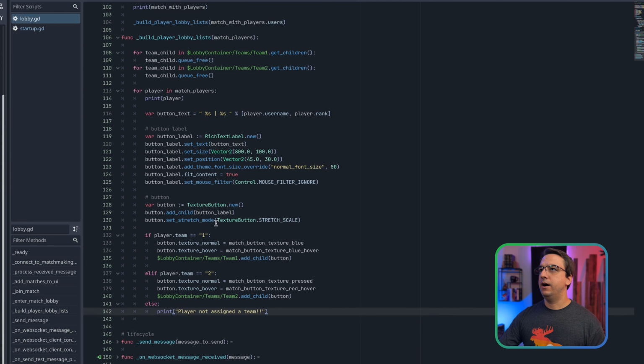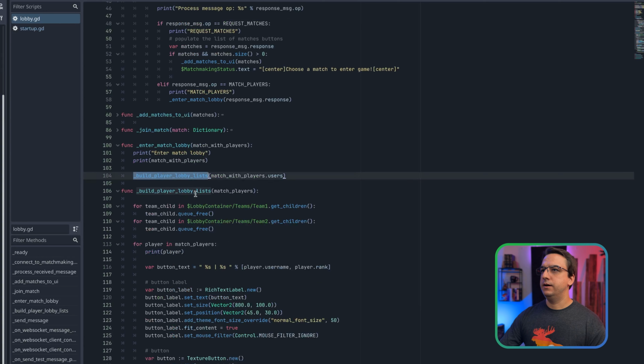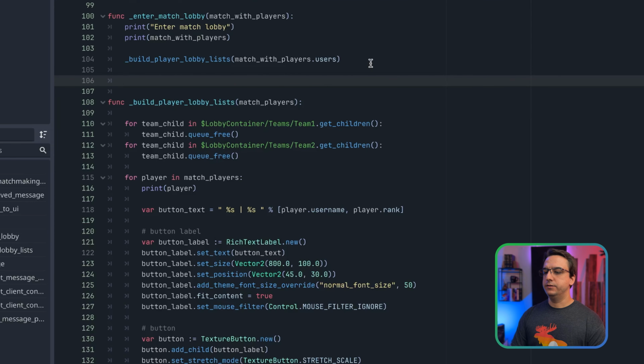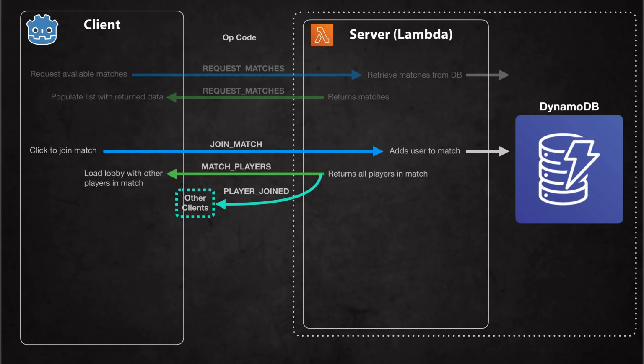Okay, so we've got our lobby built out, a list with all the players in the team for each team. And what we're going to do here is send a message back to the server because we just joined a lobby, right? So we made that request to join a lobby. Because we just got all those match players back and populated those two team lists, team 1 and team 2,